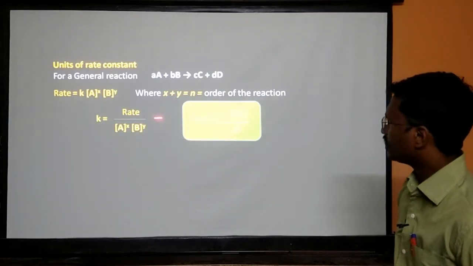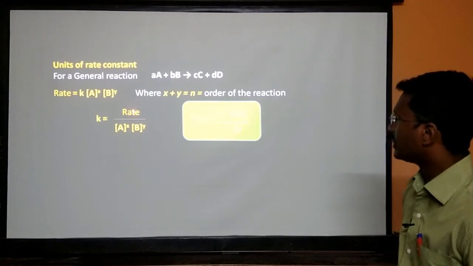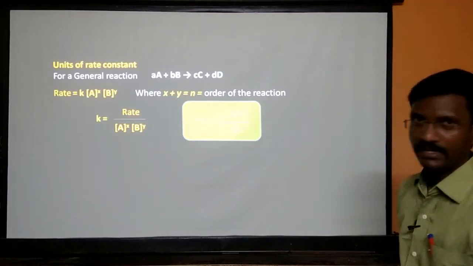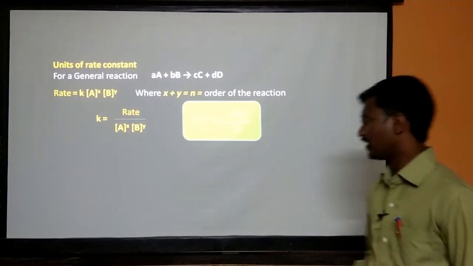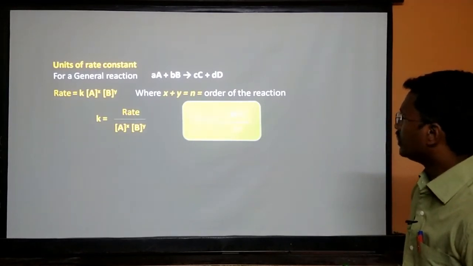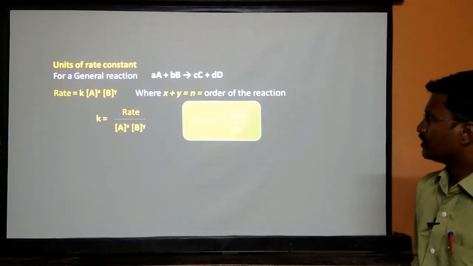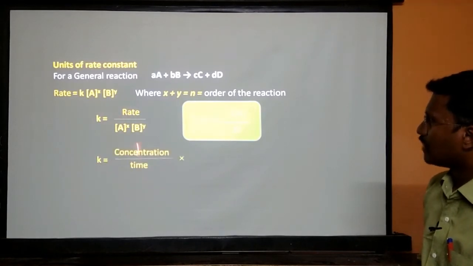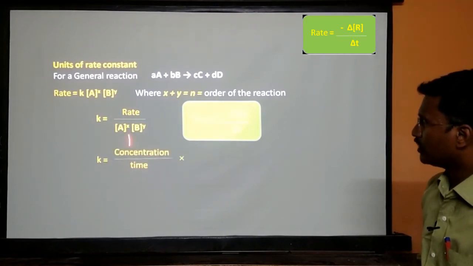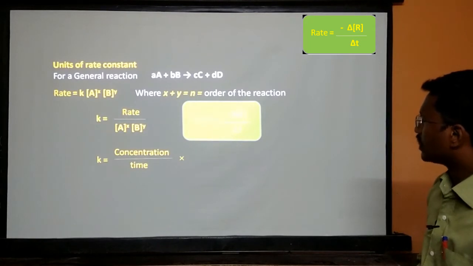Why I have given this means, instead of this rate I am writing this rate as dR by dt. Means rate of the reaction in terms of decrease in the concentration of reactant, but I am not mentioning minus. Here R is nothing but concentration of the reactant divided by time. Therefore, I will keep K as it is. Instead of rate I am writing concentration divided by time, because rate is expressed in terms of concentration divided by time, into